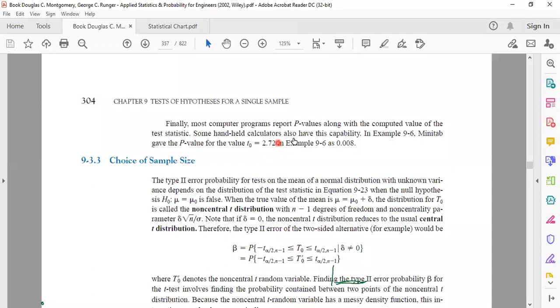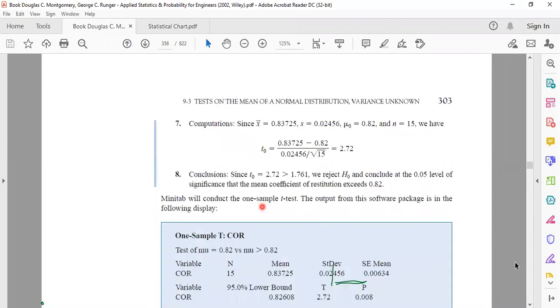Finally, the remaining section is actually where they talked about computer programming and so on. Anyways, I'm not interested in this. So basically,